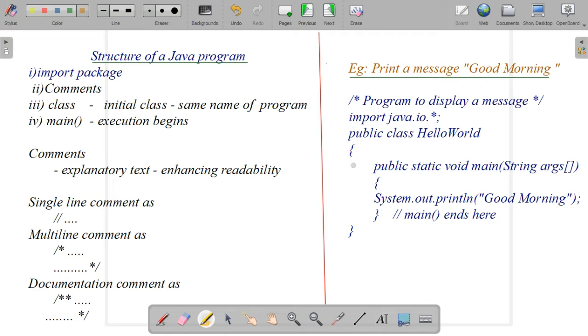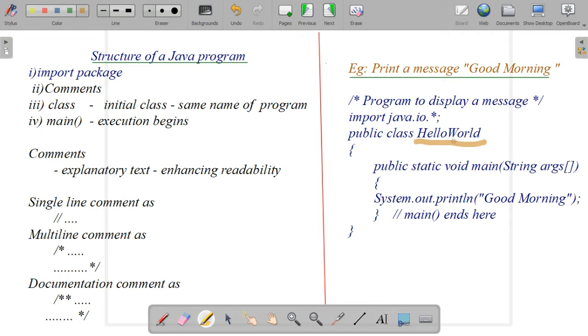good morning. Very first statement, we import a particular package into the program. So, import java.io.star. That is the import package. Next, we write public class HelloWorld. HelloWorld is the class name, and public and class are keywords. While writing a class name, it can be of any length, but it should be a single word.